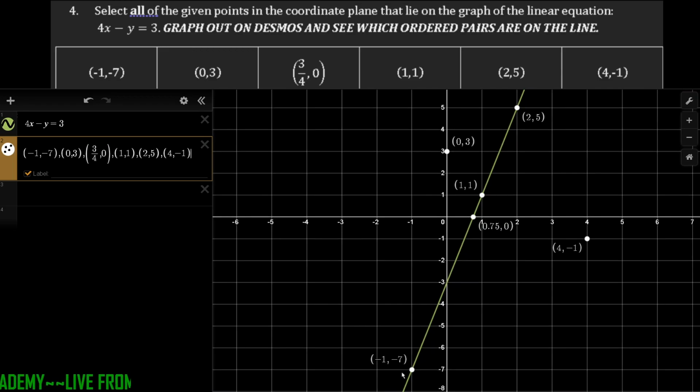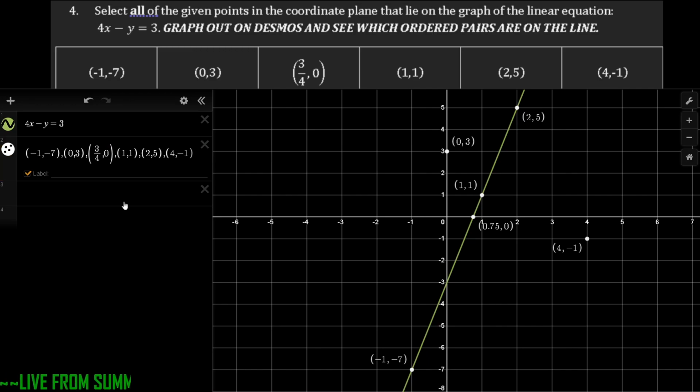points are not on the line. So I have to be able to make sure that I pick those carefully. So I'm going to say for this one I have (-1, -7) is on it, (0, 3) is not. This is (3/4, 0). (1, 1) is on the line. (2, 5) is on the line. However, (4, -1) is not. So like this, I'm going to say, go ahead and graph those out, type in